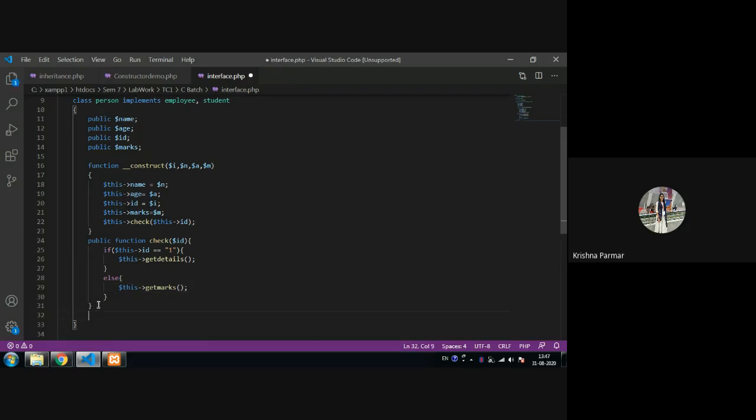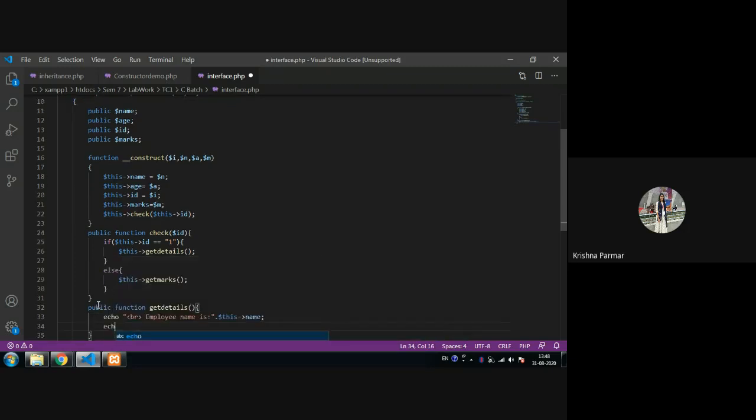Now both methods I have to implement here because I am using the interface. Those are abstract methods, implementation is not there, so here I have to write the implementation. So public, first I'm going for the getDetails function. So function getDetails, and just printing out the employee part. So echo employee name. Here I'm using BR so that it looks very nice. Employee name is, and then after concatenation, means dot operator, $this->name.